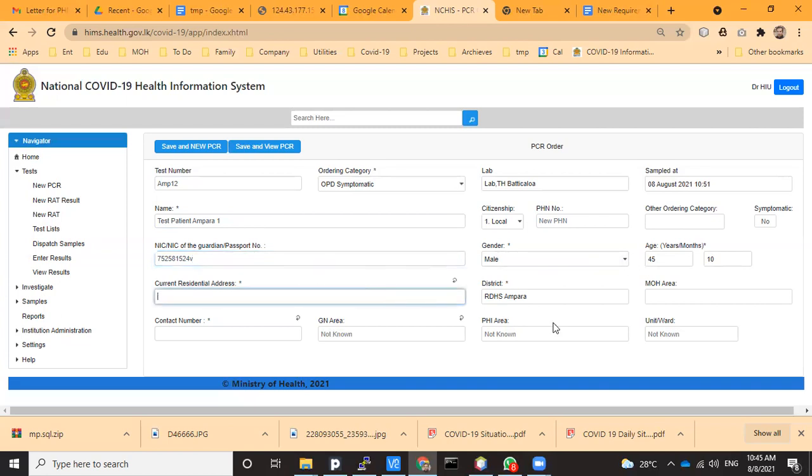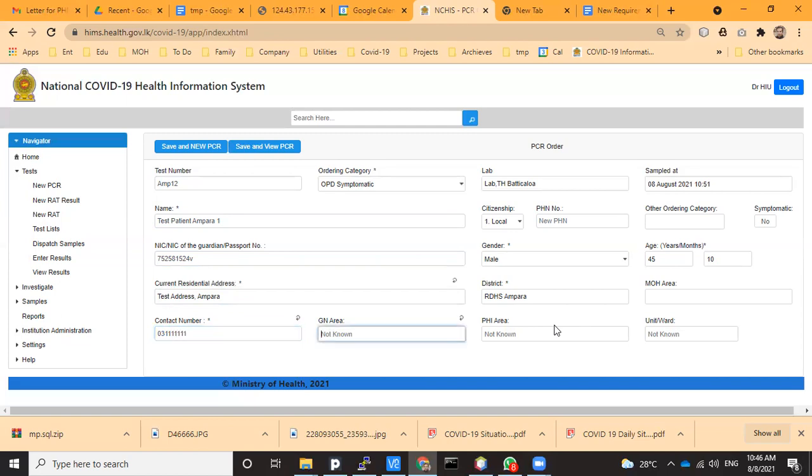Then the current residential address. It's auto-filled. Now contact number, that is mandatory. Then that's all.